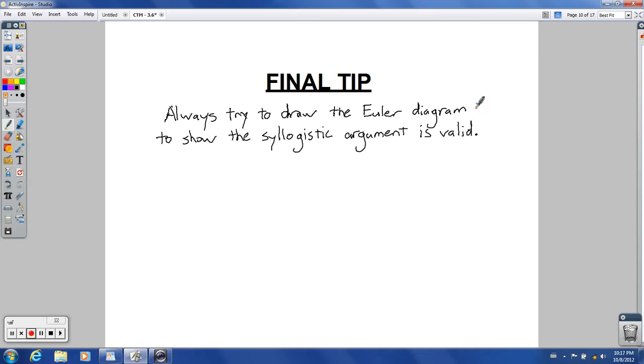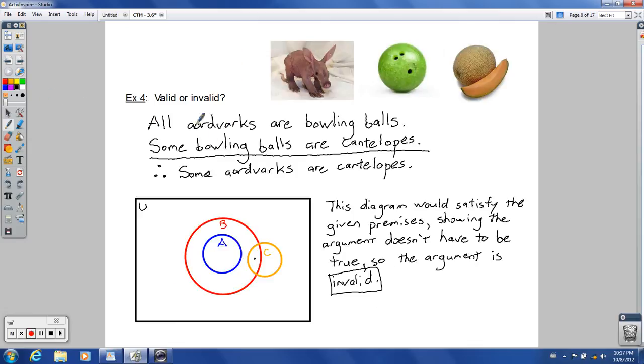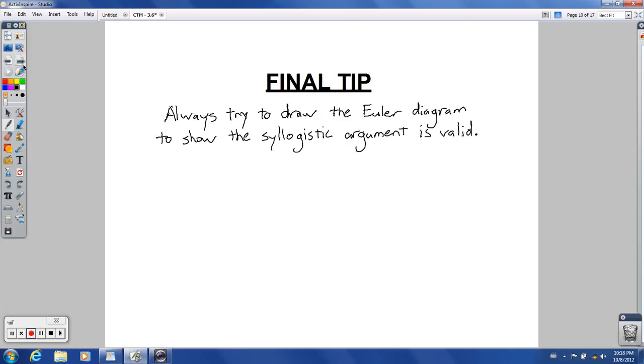The premises, what you have in the premises, has to be drawn correctly. You have to draw it in such a way that it actually holds. Like we did with all of them, it actually has to hold. You can't change the premises around, but you're trying to do that where the premises are true, but the conclusion doesn't necessarily follow from that. If this isn't possible,